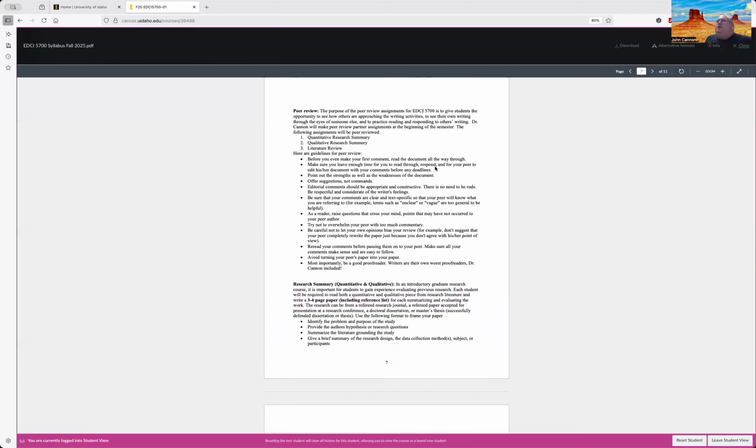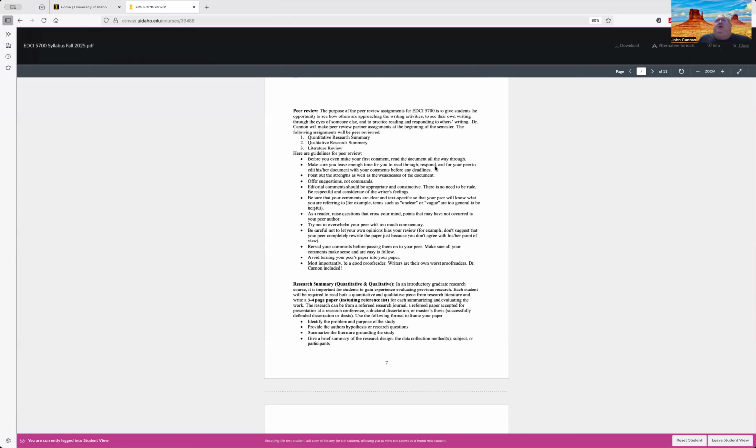We'll have separate partners, different groups for each of the three assignments. It's a chance for you to get to know some of the other students in the course, and gives you an opportunity to read their thoughts as they put together the quantitative research summary, the qualitative paper, and then the literature review.